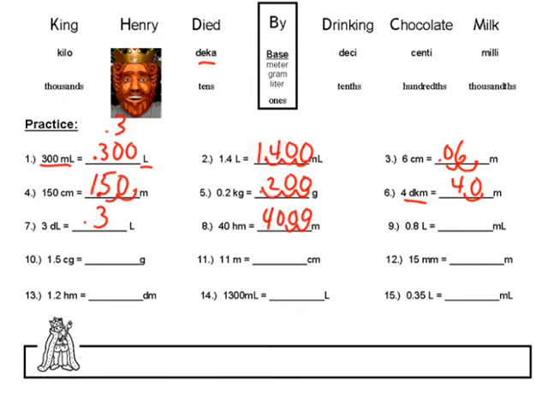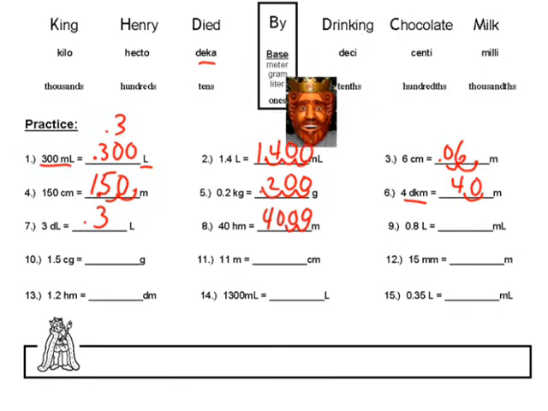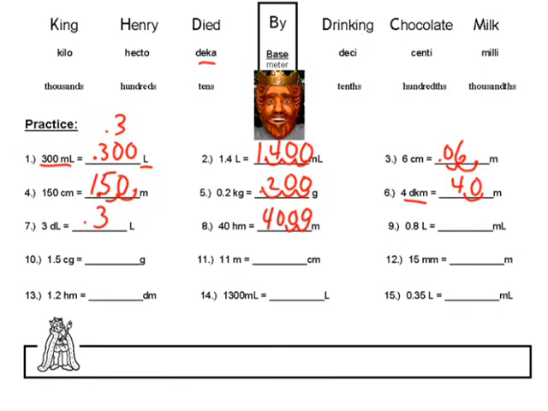We'll do one more. So I'm converting liters. I'm starting at my base unit, and I'm going to milliliters. So milliliters is 1, 2, 3 to the right. I'm going to move my decimal 3 to the right. So I'm going to start with 0.8. 1, 2, 3. Now obviously when your teacher gives you an assessment and asks you to do conversions, you're not